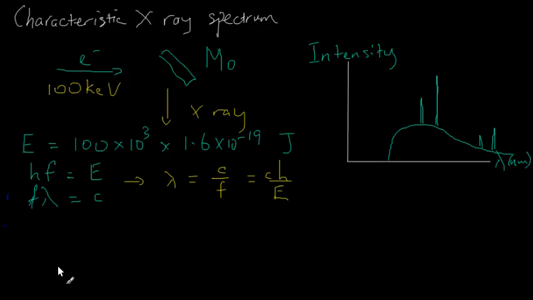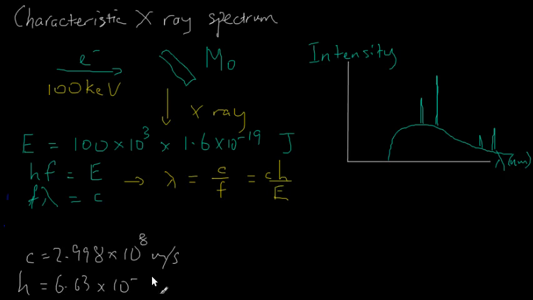Let me write it down here. Speed of light, 2.998 times 10 to the power of 8 meters per second, and we need Planck's constant, which is 6.63 times 10 to the power of minus 34 joule second. Putting in the numbers for this, we would find using our calculator 0.01240 nanometer,